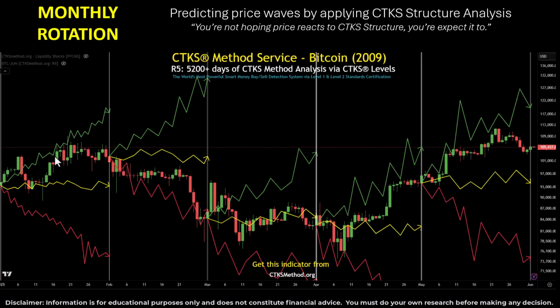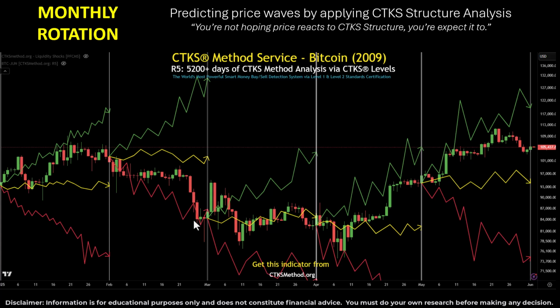Here we're going to look at the price volatility in Bitcoin going from basically the start of 2025 just going forwards. You can see these particular paths. These paths are called CTKS paths. They're structurally engineered to show us the upper and lower boundaries of where price can go. That's all about that three-dimensional risk management. Prepare for the downside. For example, in January we saw a really good positive push to the upside, which was followed in February by a very nasty decline.